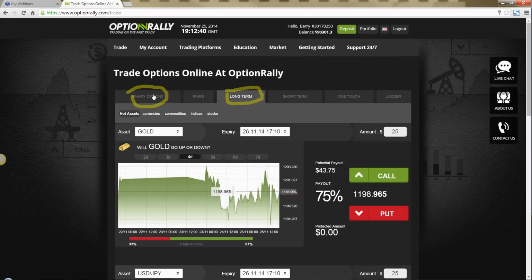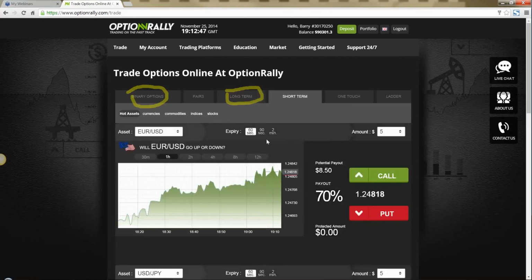So we put everything in today under binary options, anything under long-term, anything after day and long-term, and then short-term trades are the 60, 90, and 2-minute trades. They're countdowns on a clock. So under binary options, up-down, a specific times on a clock. Under short-term are actual countdowns where our clock opens up and will count down to the close.